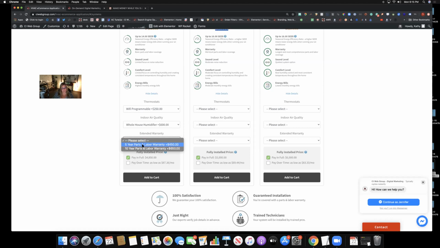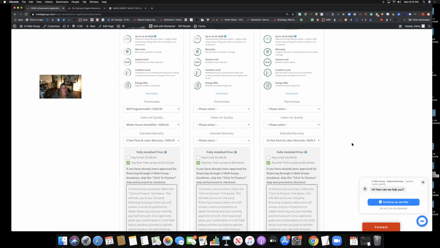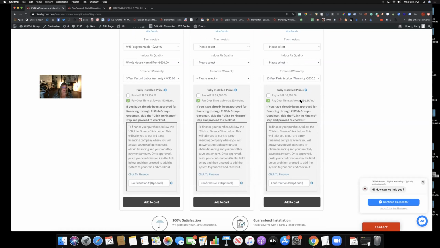So if you want your dealer, your consumer, to learn how they can finance their maintenance agreement, a 5-year maintenance agreement with the purchase of a new high efficiency system, you could make those available inside here as well. It gives you the ability to show what your one-time investment is, or what your investment is if you pay on a financing program. So it will say pay over time, prices as low as blank.